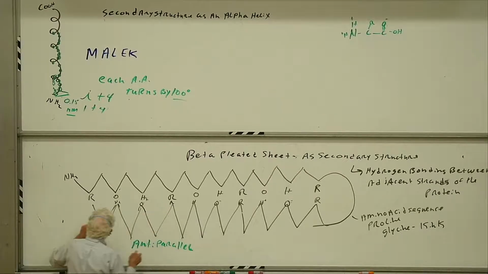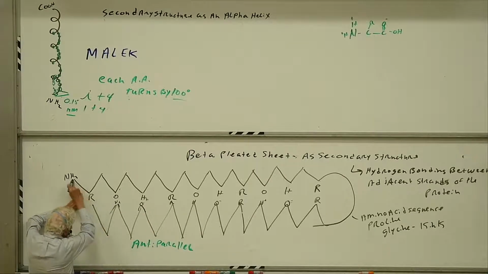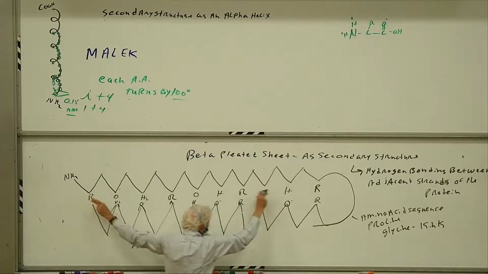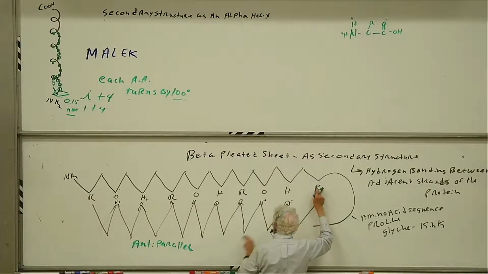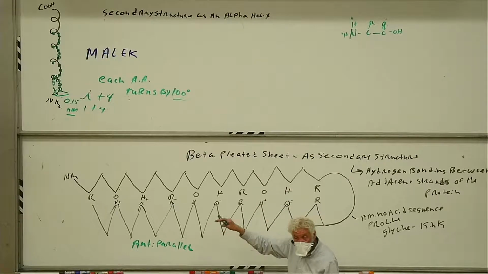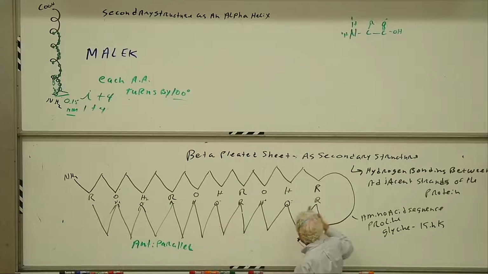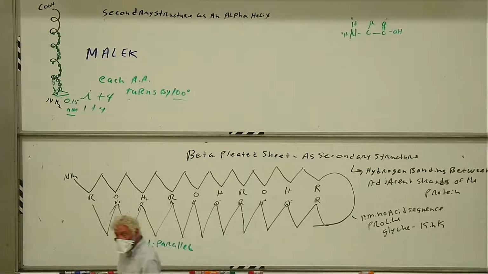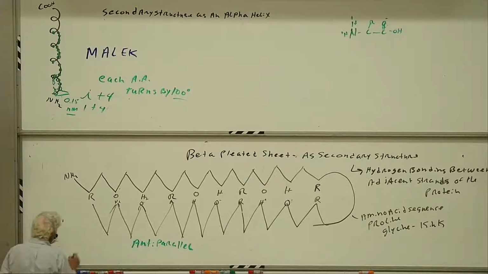The reason it's called anti-parallel is that in this direction we're going amino to carboxy. In this direction, we're going carboxy to amino. These are arranged in opposite directions. Even though it looks like they're headed in the same direction, they're said to be anti-parallel because of this. Because we go amino to carboxy, carboxy to amino. That's the anti-parallel. We can imagine, though, that this protein, someplace out here,